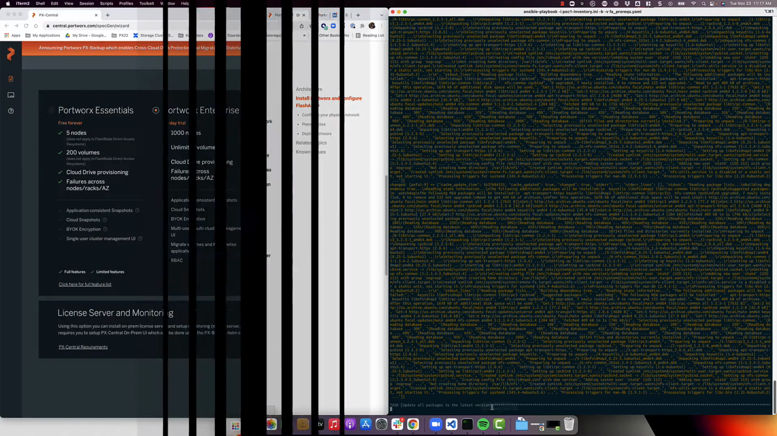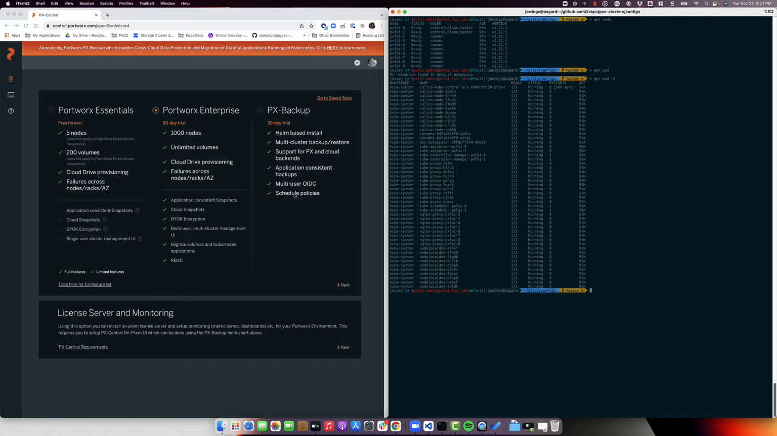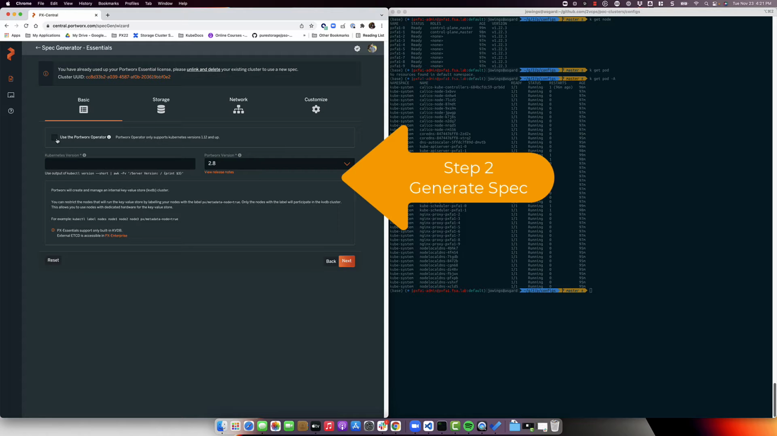But once that's done, you'll come over to central.portworx.com, and you can see here I have a 1.22 cluster, which is actually a new thing that's supported in Portworx 2.9.0. There are some changes in the APIs, but now you can see that you have this second step, which is generate the